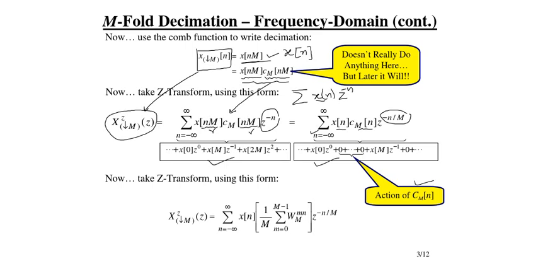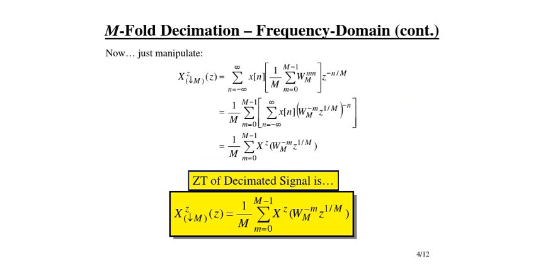Now take the z transform using this particular form. In this case, what we are doing is just replacing c_M[n] by its Fourier series expansion, right? So I just substituted the Fourier series expansion here. Now I can bring this factor out and rewrite this equation in this particular form. So I took this 1 by M and the limit from 0 to M minus 1 outside, and I kept this inside, and I combined this W^n and z to the power of n by M.